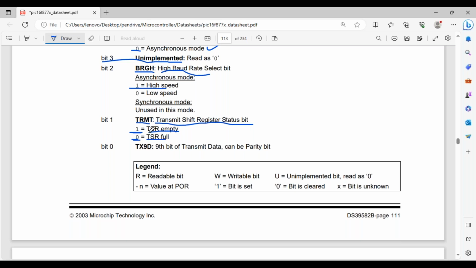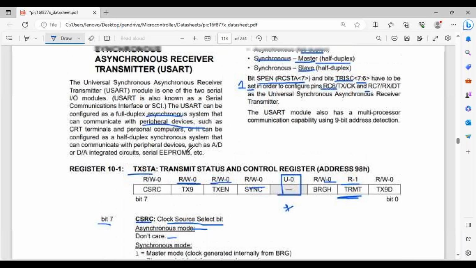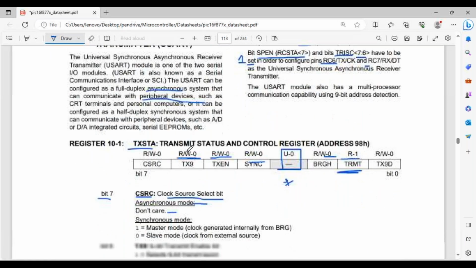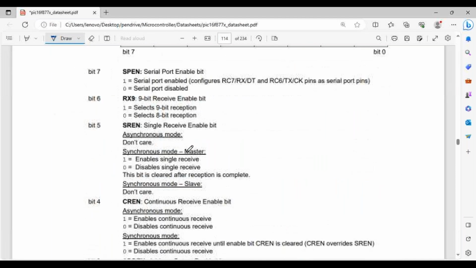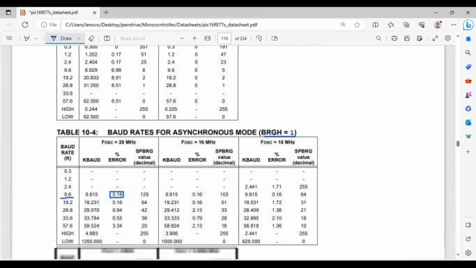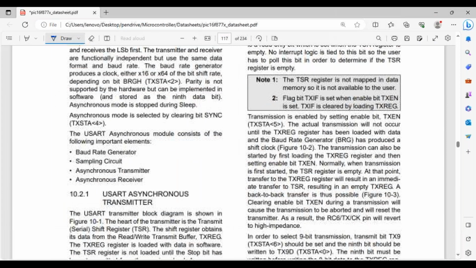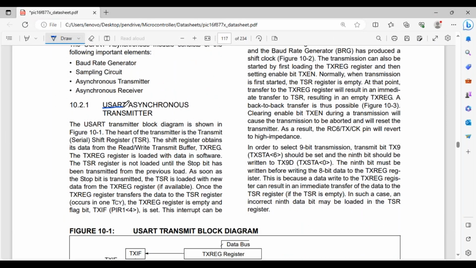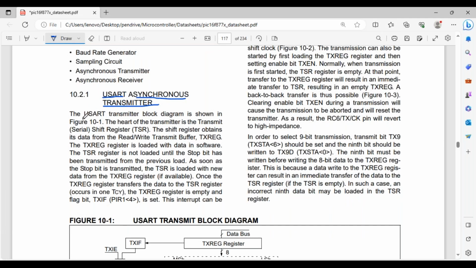Now, before I speak about this TRMT and TSR register, first you have to understand how you are going to do the transmission of the data. So how the data transmission happens. So I'm scrolling down and taking you to the data transmission. You can see UART asynchronous transmitter. How is it going to work? Now coming to the UART